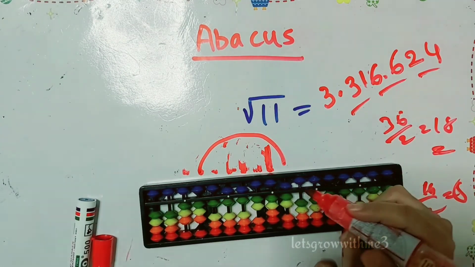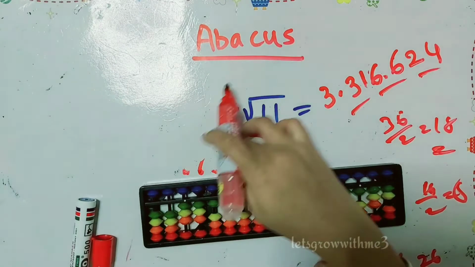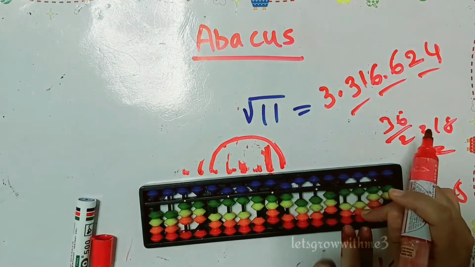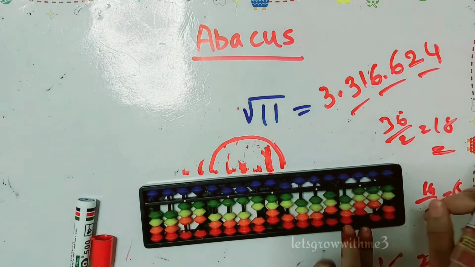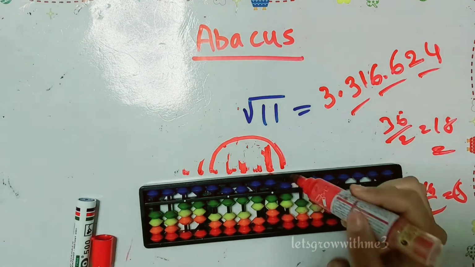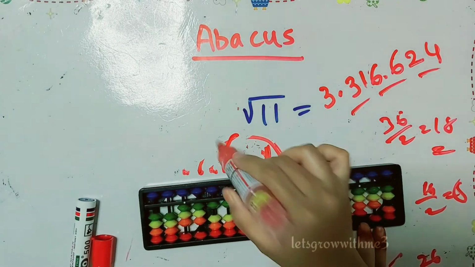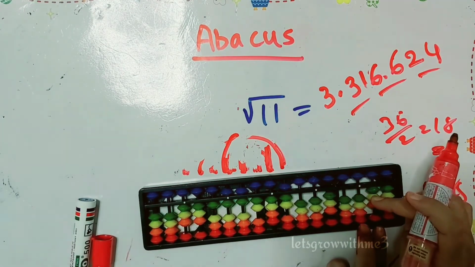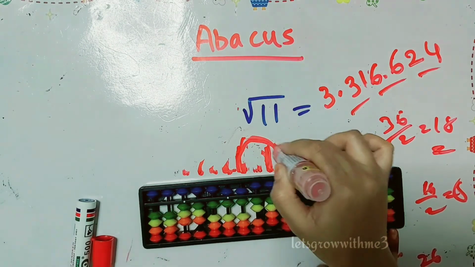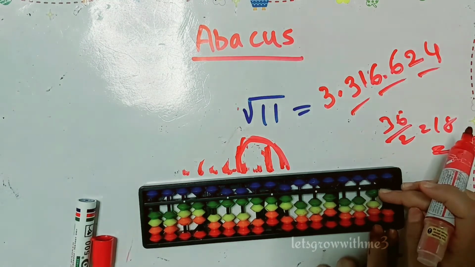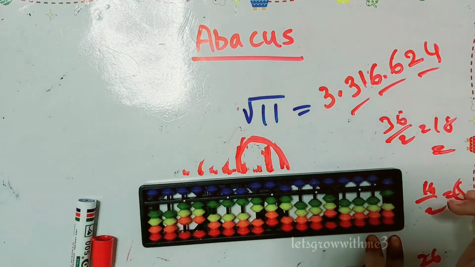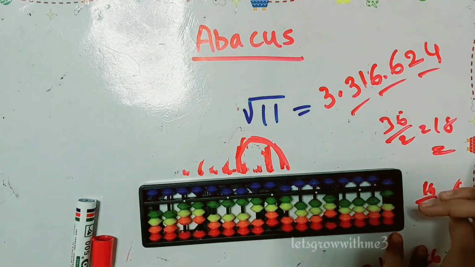Next we have to change the position. Again we have to multiply 7 times 1, which is 7. So next we have to subtract 7 from this ones place. So minus 10 plus 3, and then again we have to multiply 7 times 6, which is 42. Then we have to subtract 42 from here. So 4 to directly you can subtract. Next we have to change the position. Next you have to multiply again 7 times 6, which is 42. So subtract 42. Done.